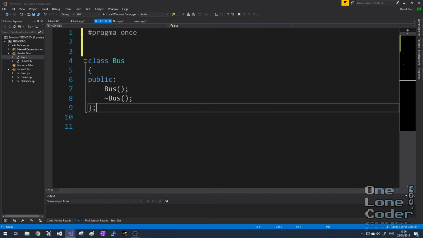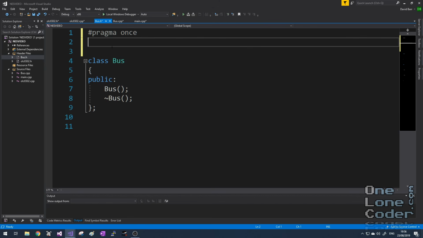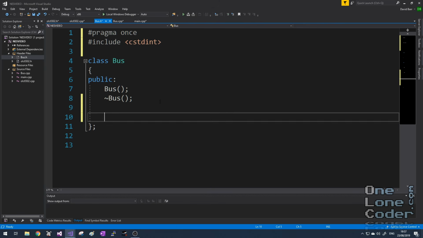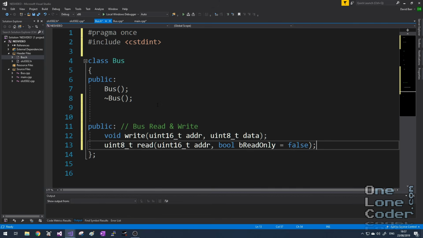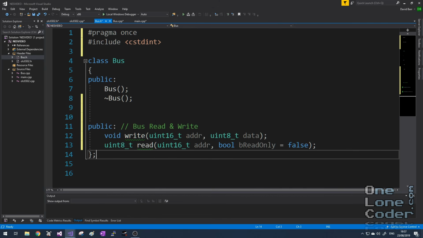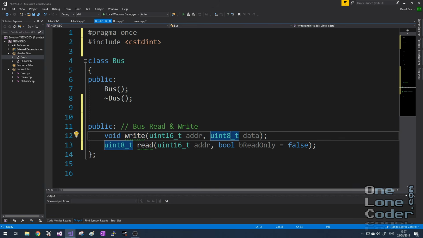Before I even start looking at the CPU, I'm going to flesh out the bus, because it's quite simple. One of the major differences between this series and my other videos is I'm going to be using the C standard integer library. This renames the standard types, such as int and short and unsigned char, etc., into explicit types. We know the bus is written to and read from by the CPU, so I'll add two functions, write, which takes a 16-bit unsigned integer as an address, and an 8-bit unsigned integer for the data. Reading from the bus returns an 8-bit data, takes a 16-bit address, and